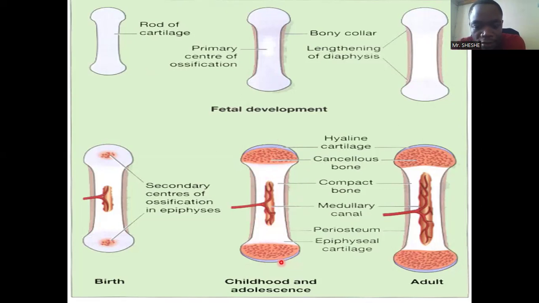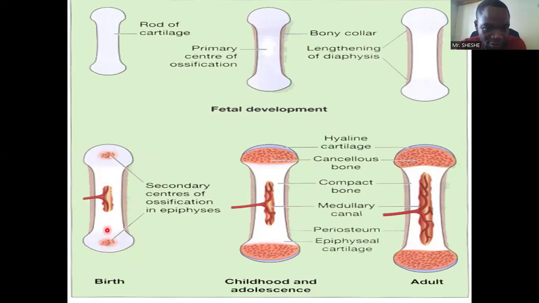Now, once the baby is born, okay, we see another ossification center appearing. So primary ossification center was saying they appear at 8 weeks. Then secondary ossification centers appear after birth. The moment the child is born, we see more centers appear in each epiphysis. That is epiphysis. This is epiphysis. The middle part we said is diaphysis. So these structures we are seeing are